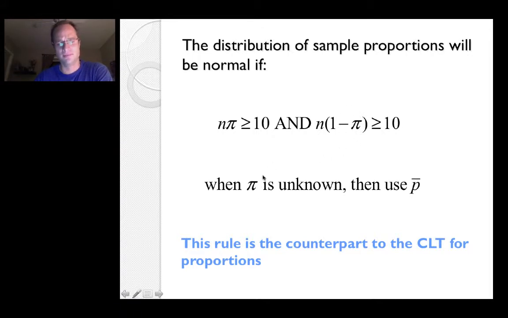And in cases where pi is unknown, and this holds for this lesson and throughout, we use p bar in place of pi. So we actually use that sample proportion to determine whether the distribution of sample proportions would be normal. And you can think of this rule as the counterpart to the central limit theorem, which of course applies to the mean. This two-part test that is on the slide applies to proportions. But if both conditions are satisfied, depending on the realm you're in,